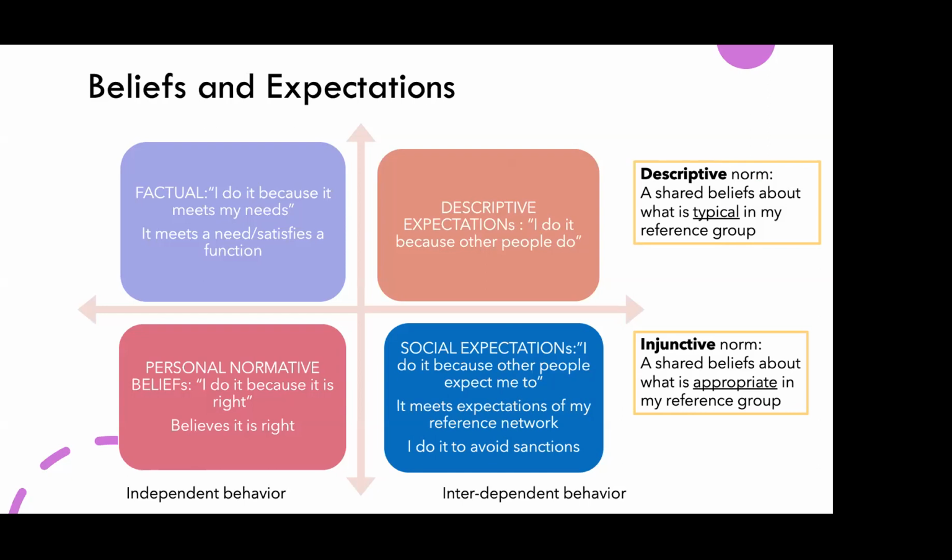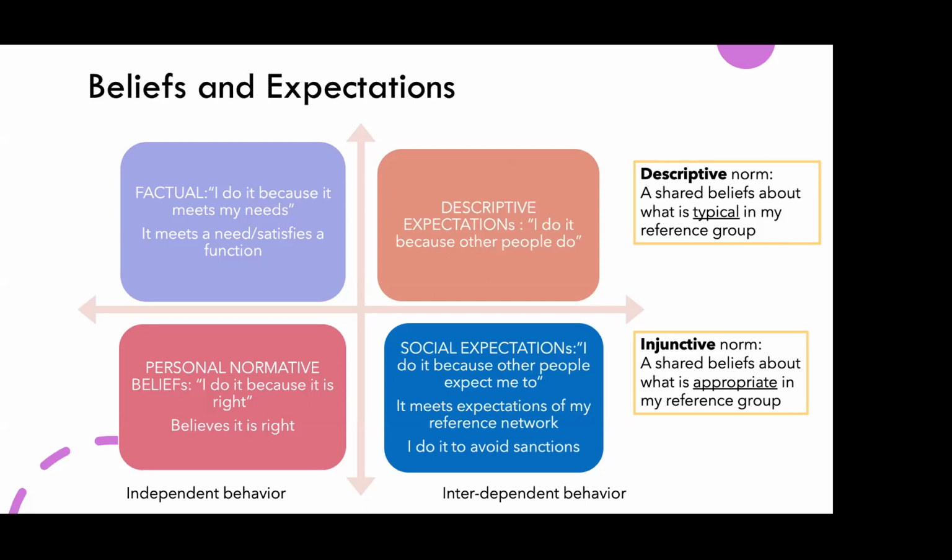So this is the difference between these 4 quadrants in a vertical relation. In the horizontal relation, instead, we can characterize more these beliefs and expectations on the level of openness, let's say. So the first two on the top, the factual and the descriptive expectation, given